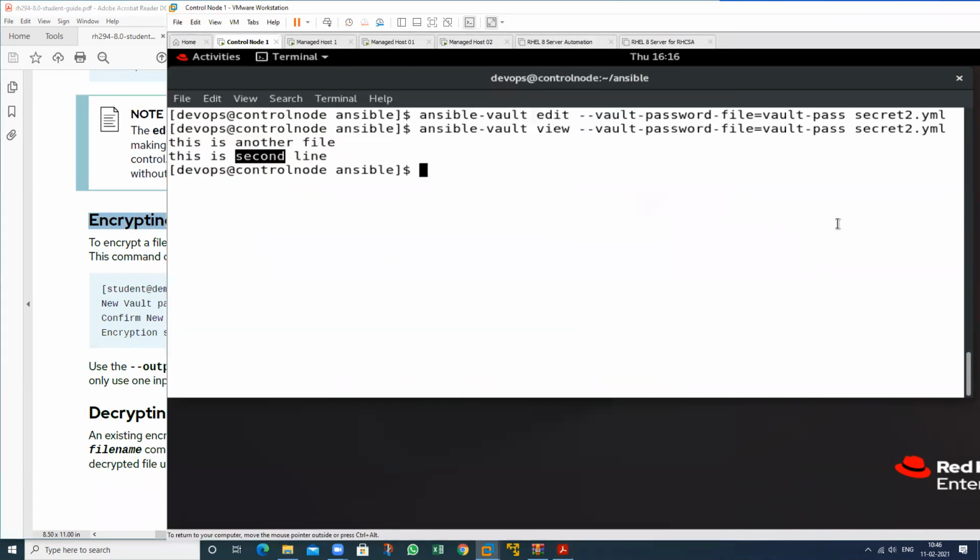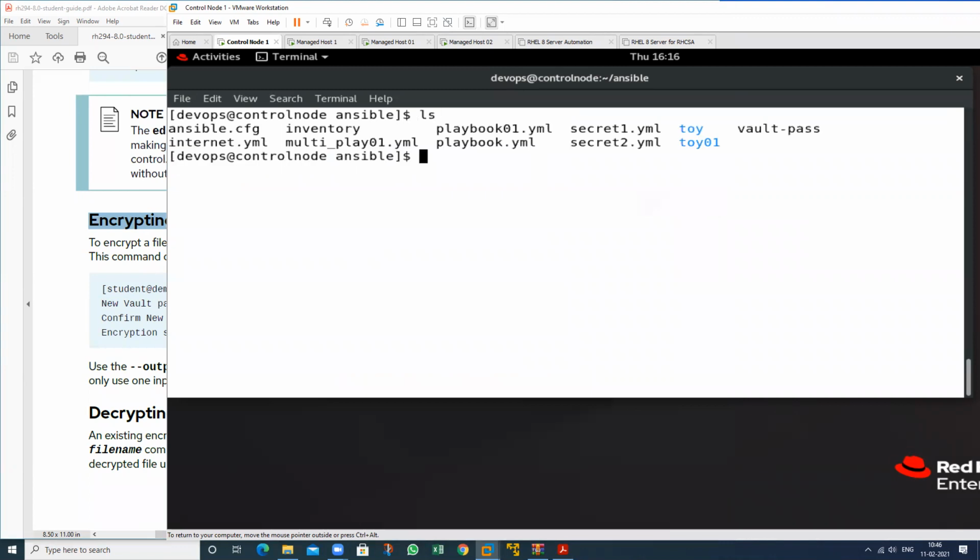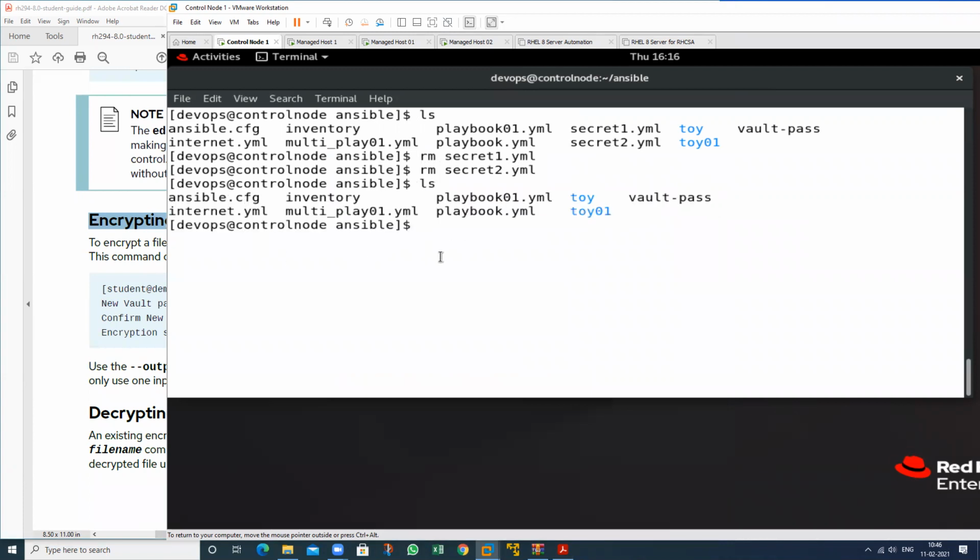Suppose we already have some files. So if I remove this one, and I remove this one also, see, we have no file, and I create some file.